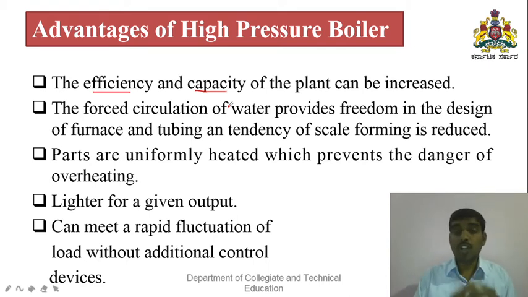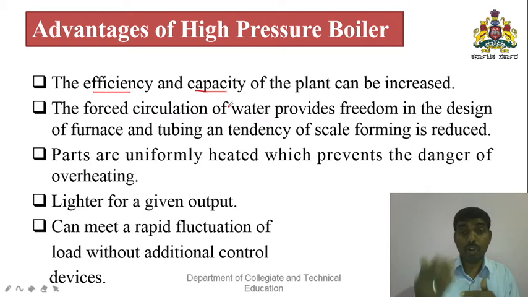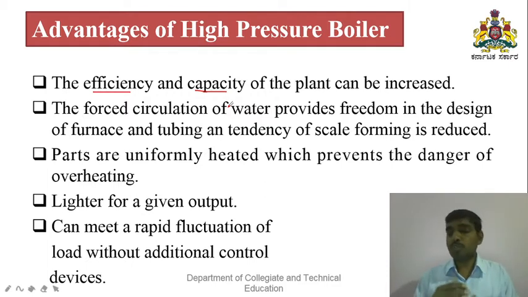Earlier we had low pressure boilers with a capacity of 220 megawatts, but nowadays we are using supercritical pressure boilers, with pressure of more than 225 bar. Such pressure eliminates the drum. In that case we can achieve 500 megawatts, 800 megawatts, and even more in power production.